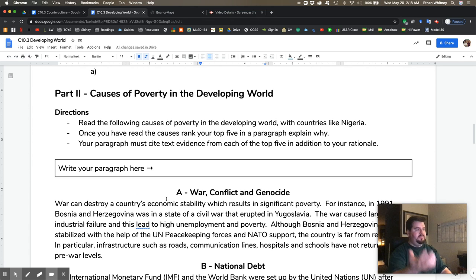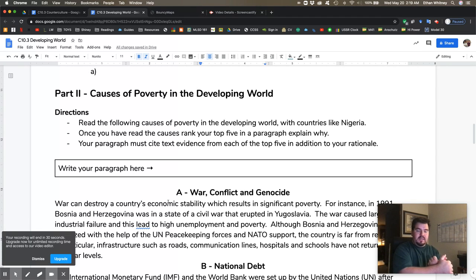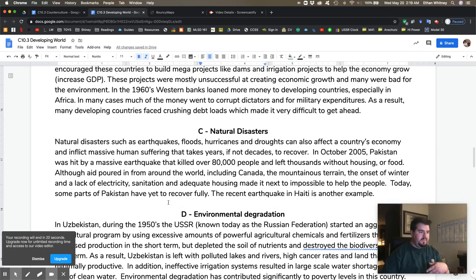And then write your paragraph. Say, I chose blank, blank, and blank. And then here's why I chose it. But the explaining of the why is where this gets a little tricky. I want you to use text evidence. I want you to say, I've chosen these five and I chose this cause because, state your opinion, and then state the text evidence. So for example,